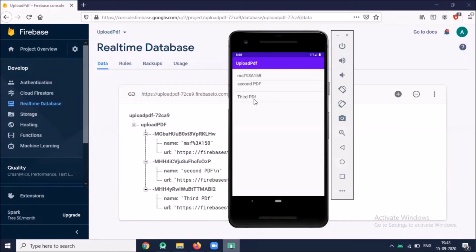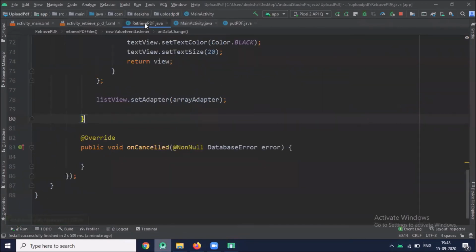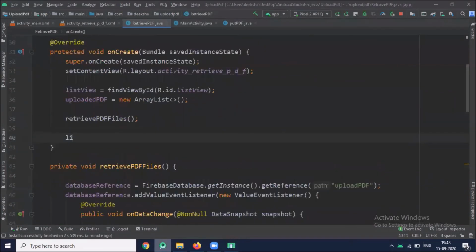So when I click on the PDF file, it will display the PDF file. So open your Android Studio, RetrievePDF.java. So here we will work on setOnItemClickListener.